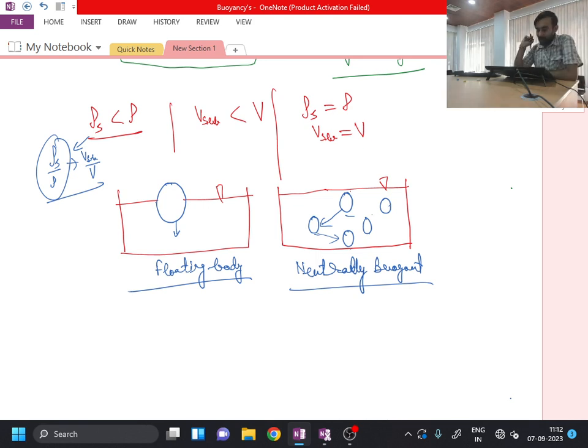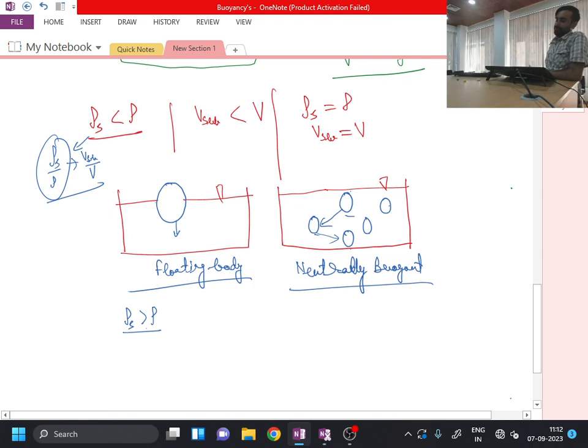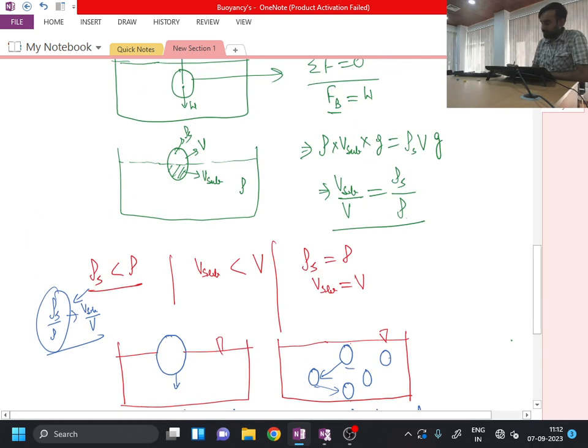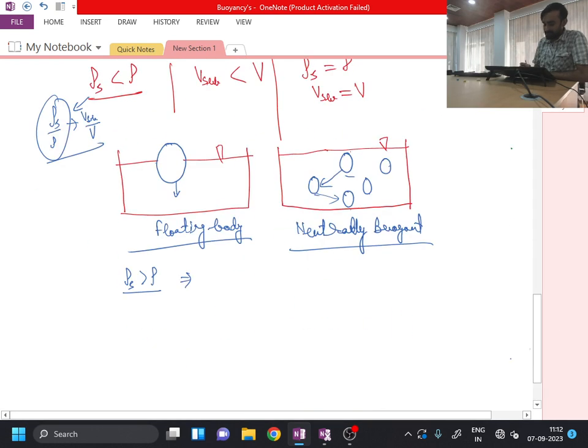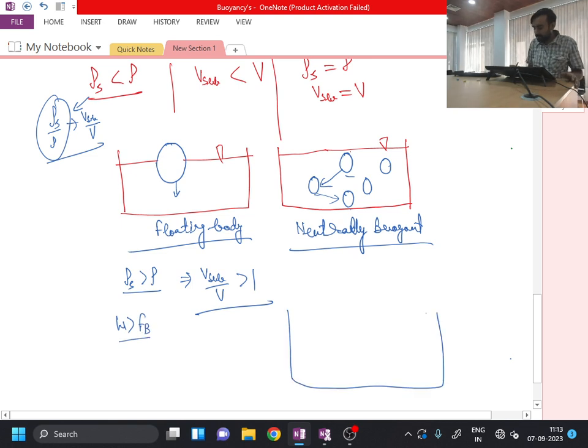Now we can go to the third situation, where the density of the body is greater than the density of the fluid. In this situation, when rho s is greater than rho, then V submerged by V will try to become greater than 1. But this cannot happen. Because of this, the weight will always be greater in comparison to the buoyancy force,